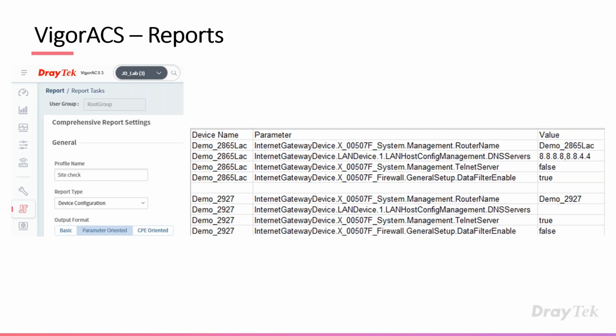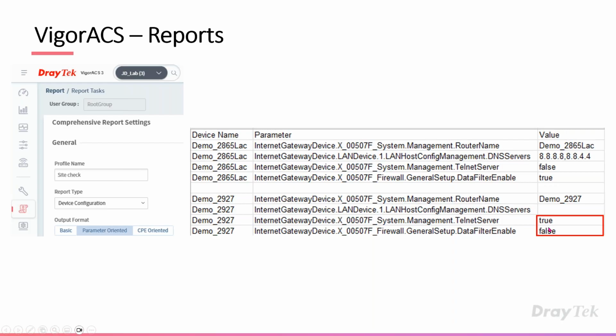And the way this is done is by specifying the TR069 parameter that you're interested in and the devices that you want the report to be completed on. So that can be specific devices or an entire network of devices that those parameters are generated from. And the reports will give you an output similar to this, and we can see that if we move on one slide here, or move on one action on this, we can see that on the bottom